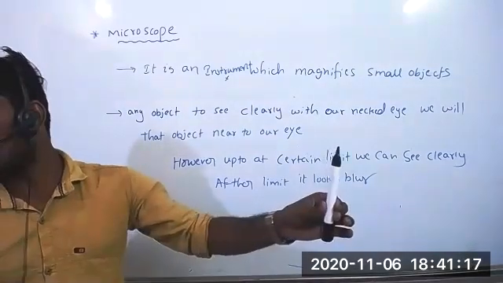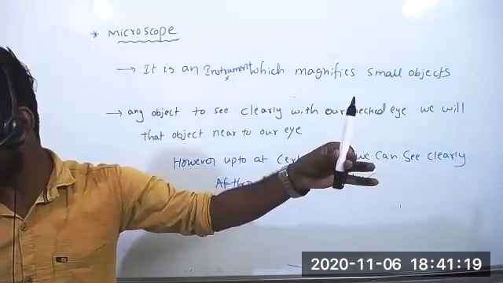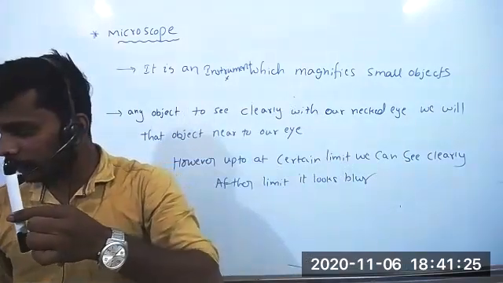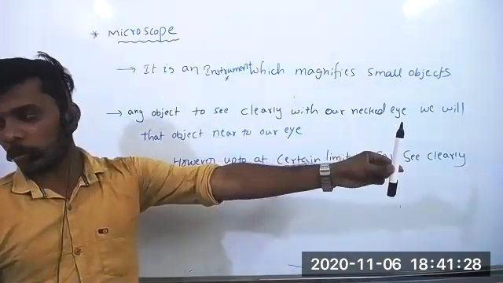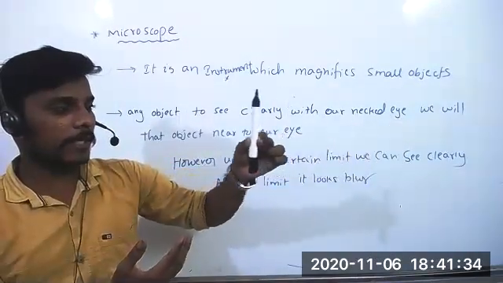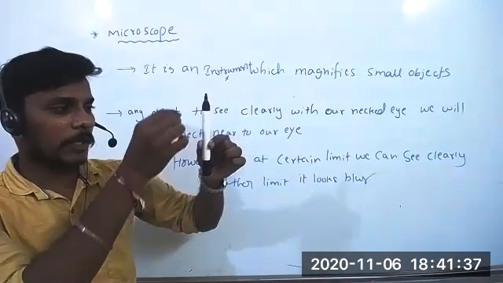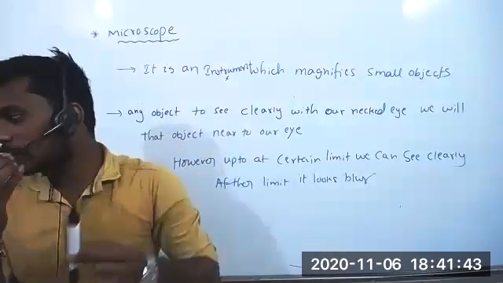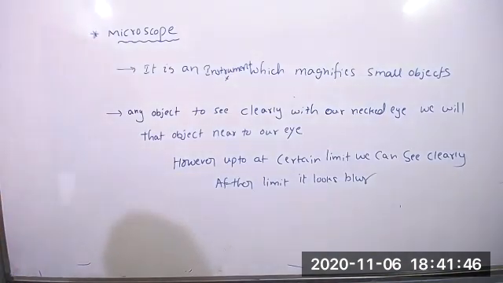See, one of the objects is so far. If you want to see clearly, what will you do? You will bring that object near to your eyes, right? So when it is so far, you can't see properly. So if you want to see clearly, you will bring it very near to your eyes. Up to a certain limit, you can see that. After crossing the limit, if it comes very close, then it looks like blur, so you can't see the letters. Because when you are seeing any object with your naked eye, up to a certain limit you can see very clearly. After that, you can't see clearly. It will become blur.